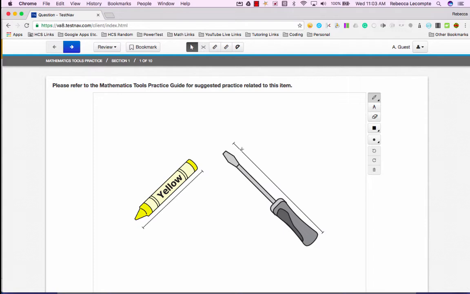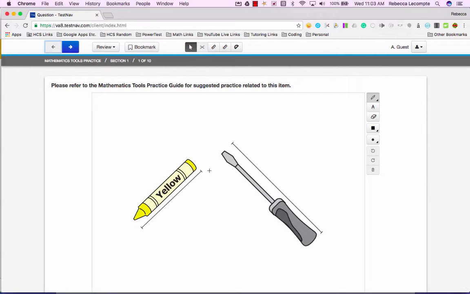Let's start with the tools that we have on our screen. At the top of your screen, you'll see a Previous and Next button, a Test Overview button, and a Bookmark Question for Review button. These are only available on tests that are not computer adaptive. The cursor, answer eliminator, inch or centimeter ruler, and protractor are made available whenever necessary to the student taking the